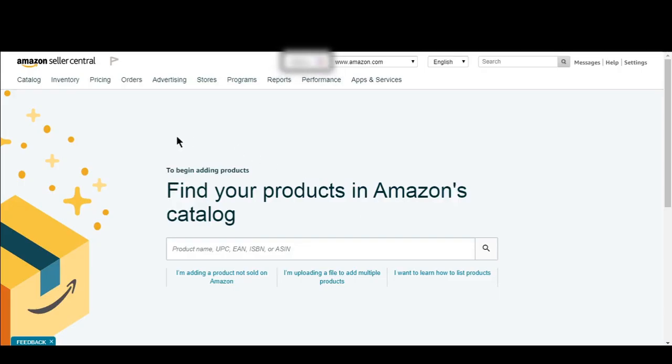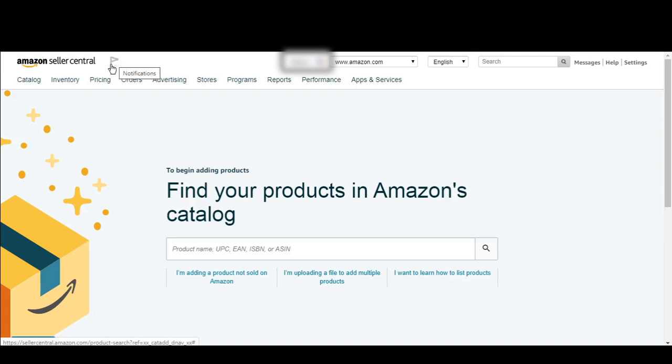So guys, as you log into a Seller Central account, you can see there are tons and tons of tabs here. There are many tabs, but you don't have to mess with all these tabs, guys. The only tabs that sellers use the most are, as you come here to your home,